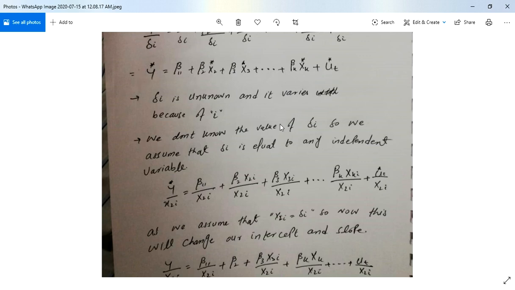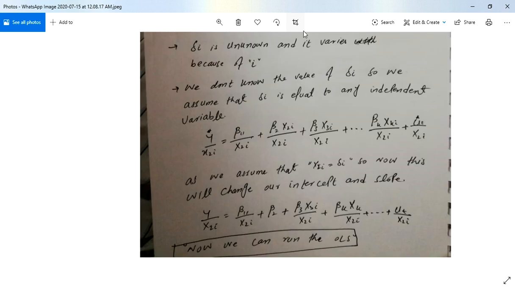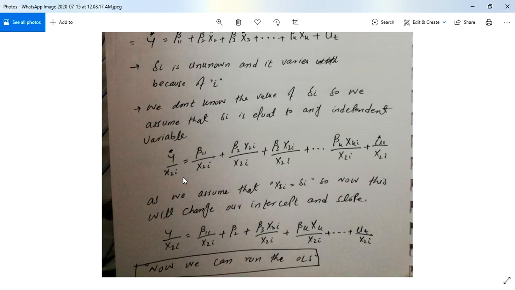Okay, let's suppose I am going to divide all this model by x2. Okay, this model y star, we divide this model by an independent variable. Okay, I am going to divide all these variables by x2.